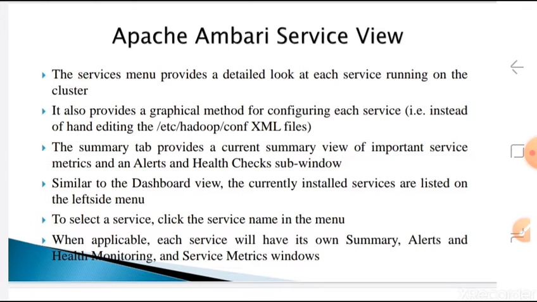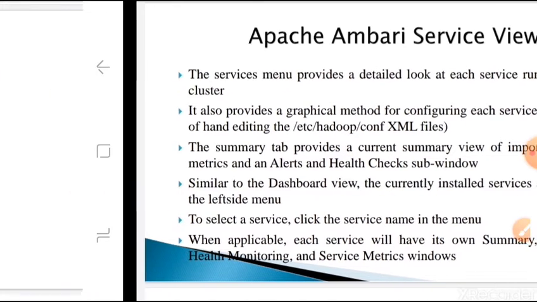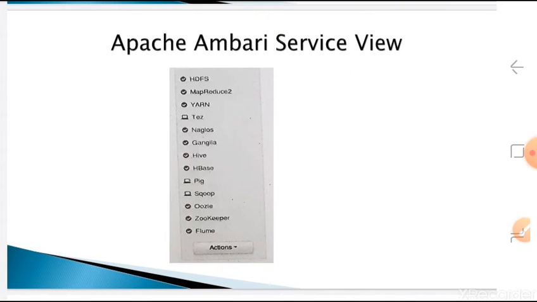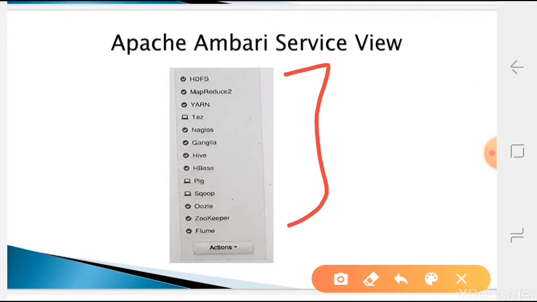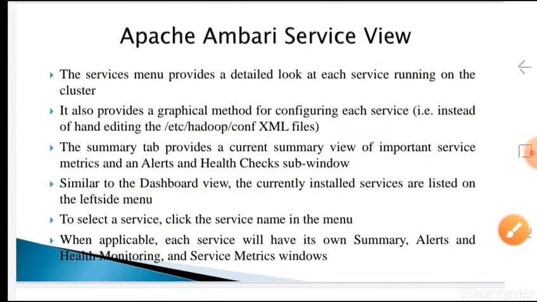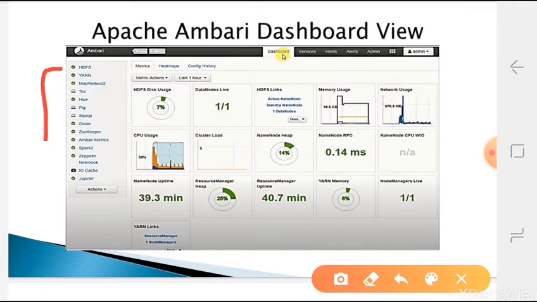So instead of going and checking that and doing it manually, Ambari provides a user front-end GUI. In that GUI only we can change it, and it will modify it automatically. Here, as you saw, some services are listed by default. Whenever you install any service, you get the services at the left end. So by default in this version, HDFS is there, YARN is there, MapReduce is there, Tez, Hive, Pig. So many things are there. Whatever services are there will be listed on this side.